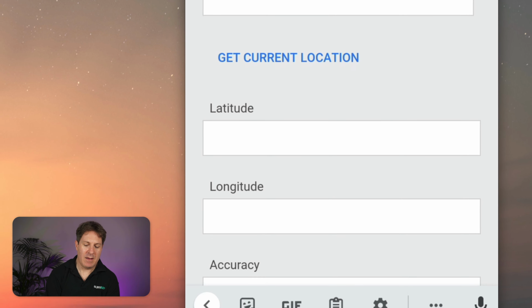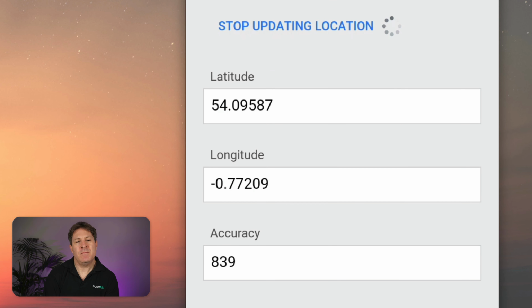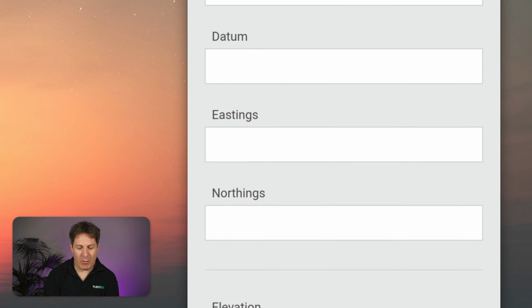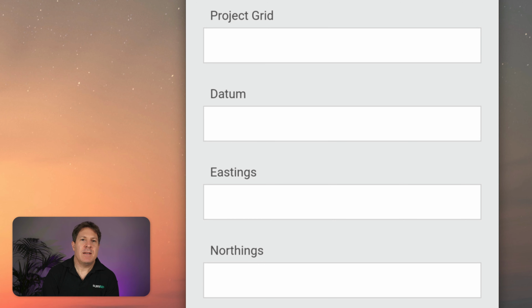We can get the device's location. It's not very accurate at the moment because I am indoors while I film this, but as you can see down underneath, it will also, from the lat lons that it gets from the phone, create a grid reference as well. So as we get more into the coordinates, these tend to be filled in afterwards on the web rather